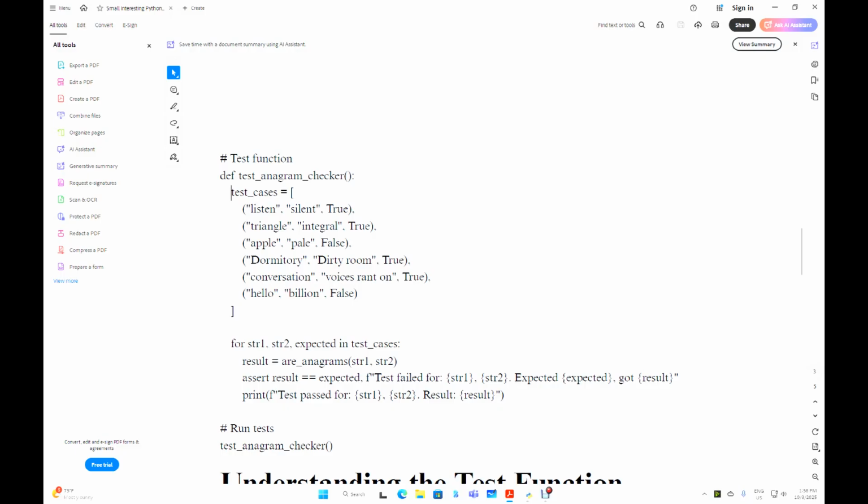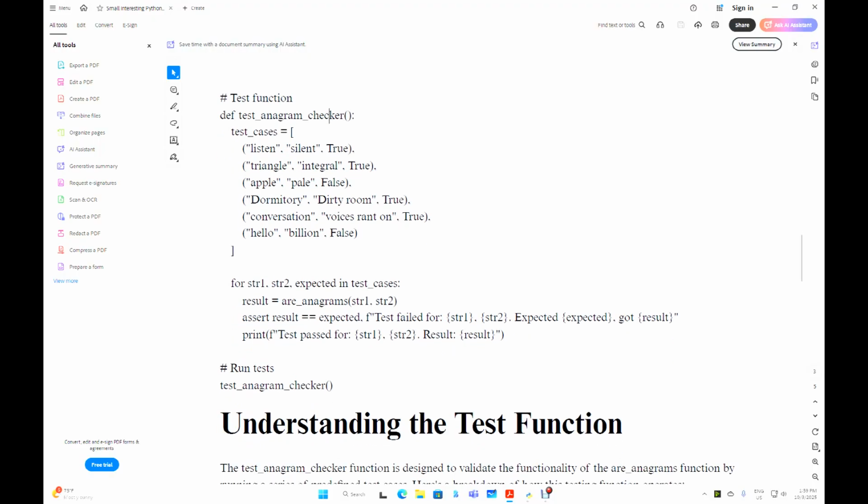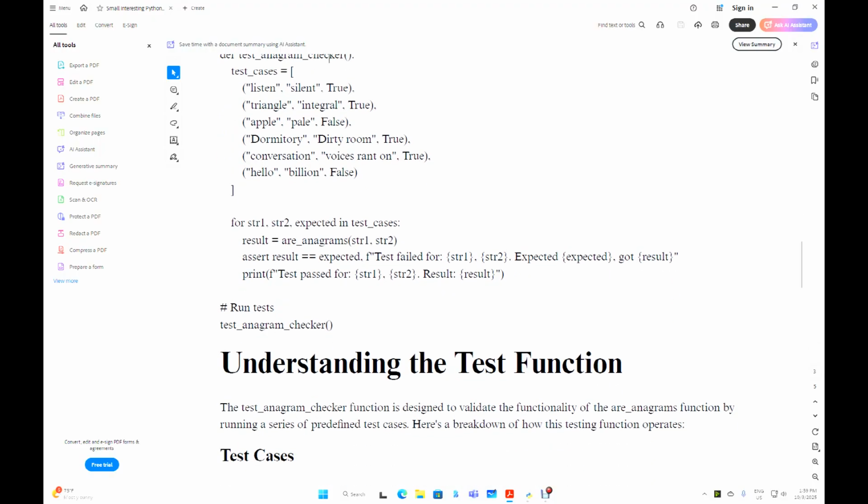So here we have a test case list, like we were seeing: listen and silent. If those two are anagrams, it will return true. If triangle and integral are anagrams, it will return true. Apple, pale, false. Dormitory, dirty room, true. Conversation, voices rant on, true. Hello, billion, false. And of course,